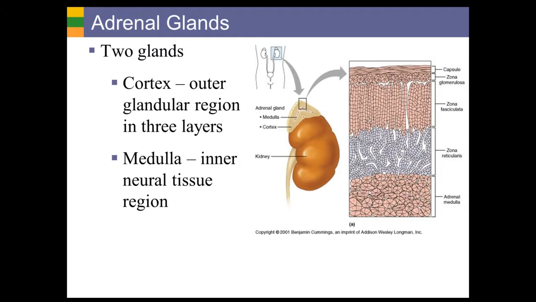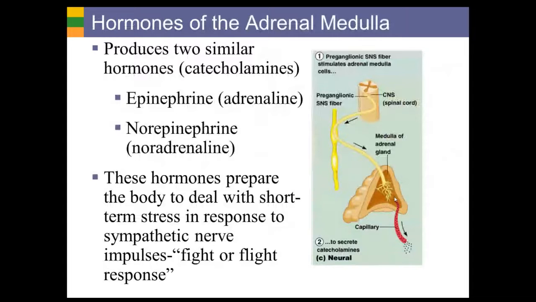They're really neurons that, instead of releasing neurotransmitter, release hormones. The adrenal medulla produces the hormones epinephrine or adrenaline and norepinephrine, and they release them in response to stimulation from the sympathetic nervous